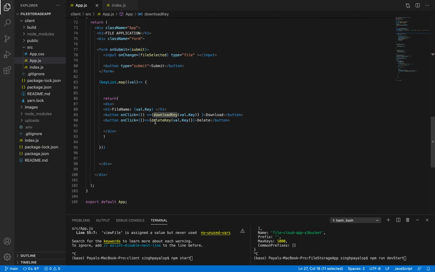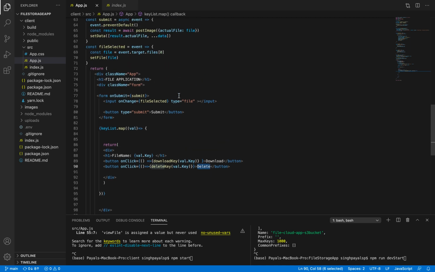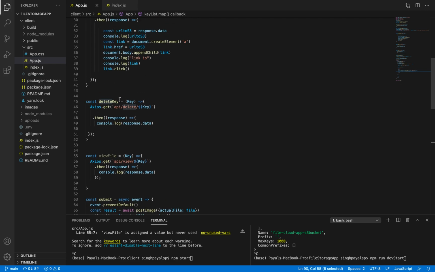Same goes with the delete thing. In delete also, we need to define what file exactly we are going to delete. So here it will get the delete key, and again it will call the delete api. Using axios.get, it will call api slash delete of the server.